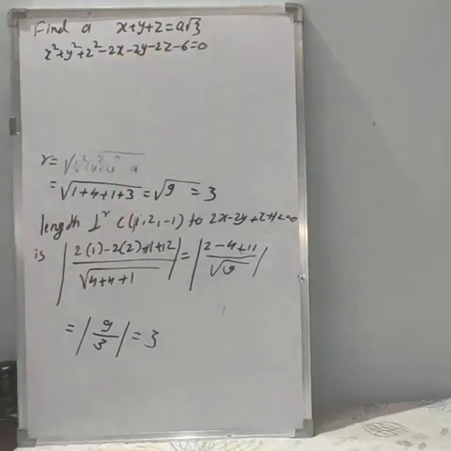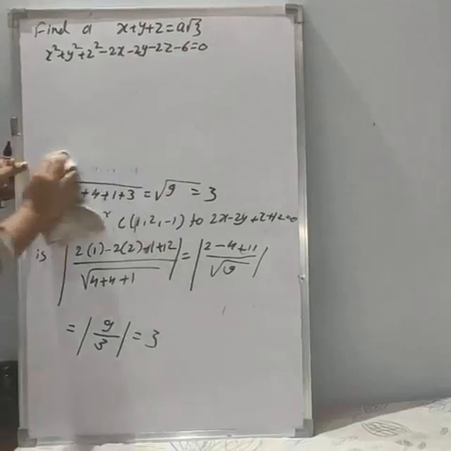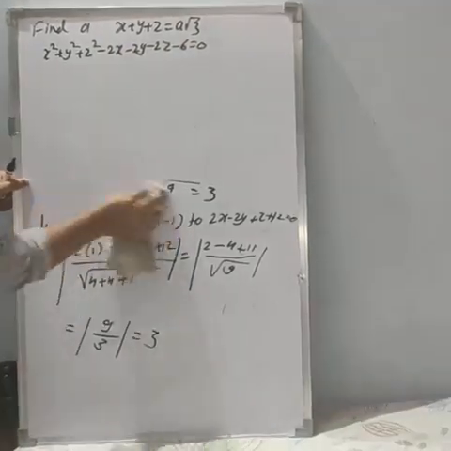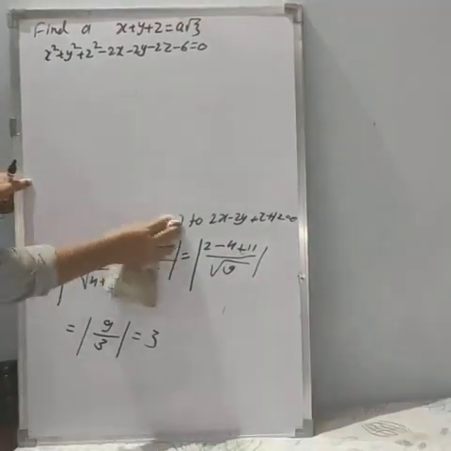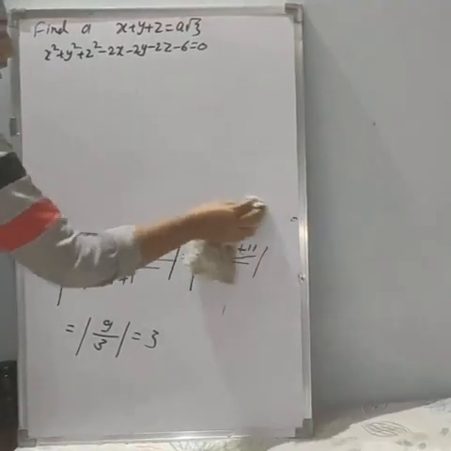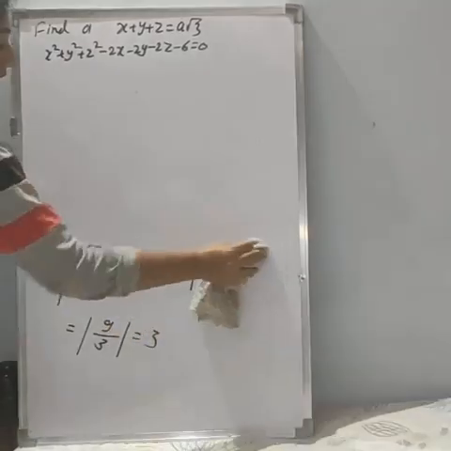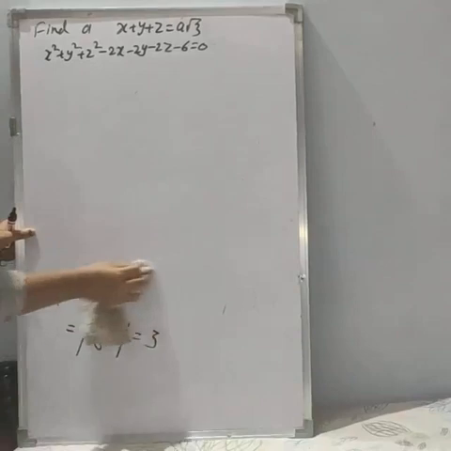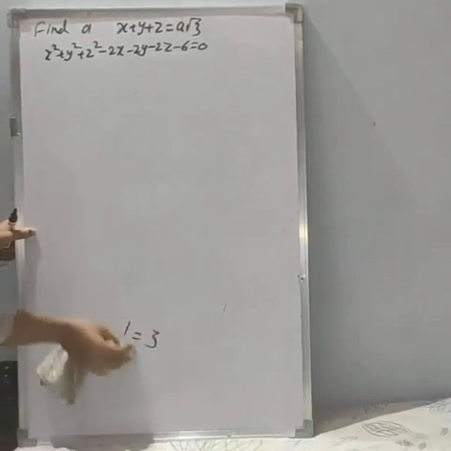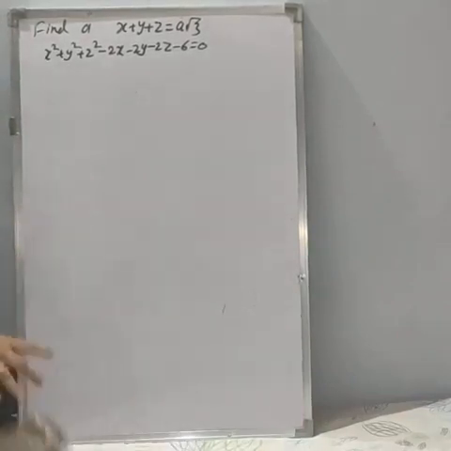Okay, find the value of a if the given sphere touches the given plane, or the plane touches the given sphere, meaning is same. Now here they said already the given sphere touches the given plane, means the condition is satisfied. Now using that condition we have to find the value of this a. Okay, so first again we will find the center and radius of the sphere.